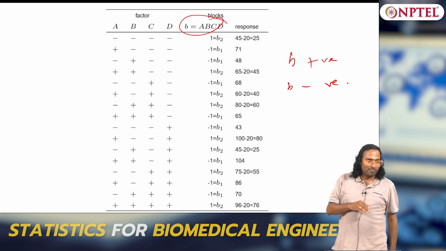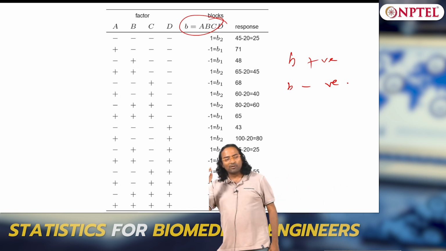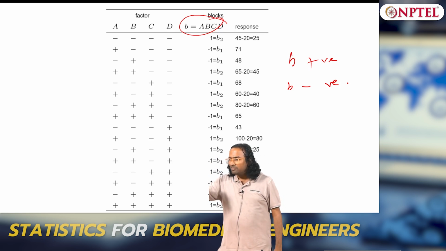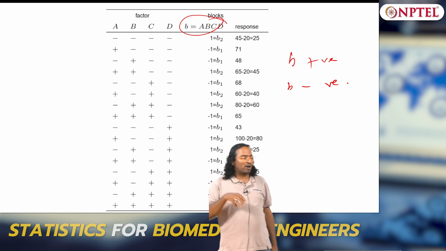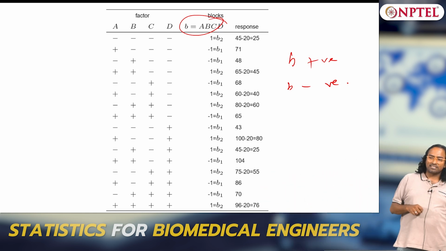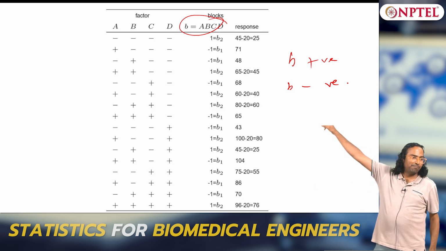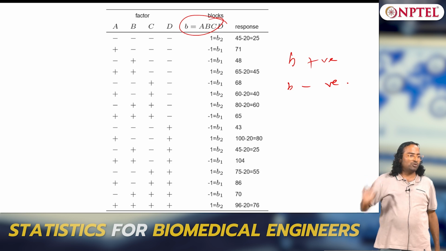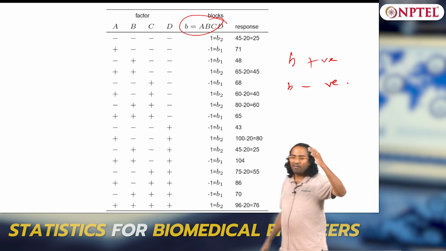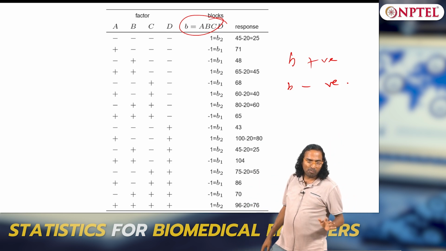So there are only a lesser number of main effects, that is rule 1. Rule 2: not all interactions are important, and usually higher order interactions are negligible, and you can get an idea of this by using the second and third order, lower order interactions. Using these ideas we come up with a blocking scheme where we define a block based on the multiplication of ABC or ABCD, the impact of the individual factors. So there are two blocks, A to K positive and A to K negative, that is the way we do the blocks.